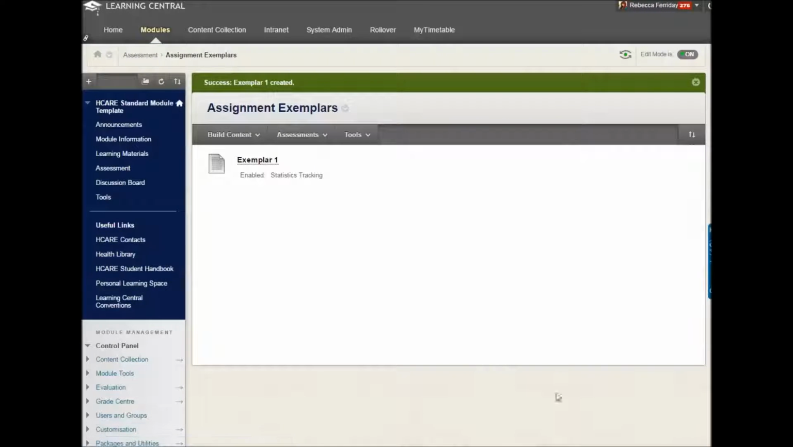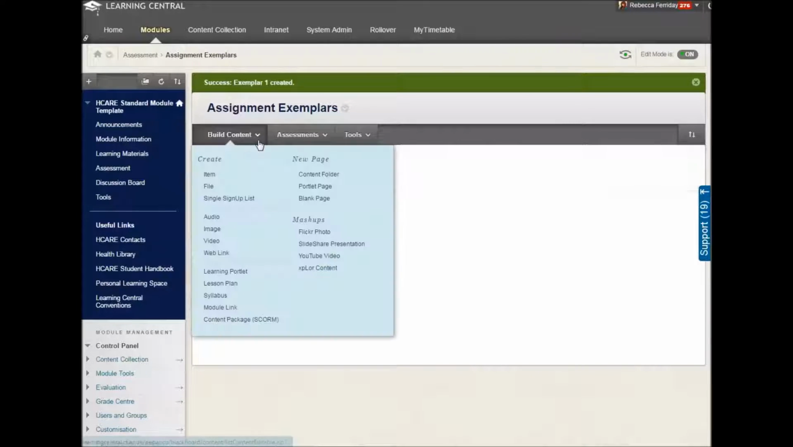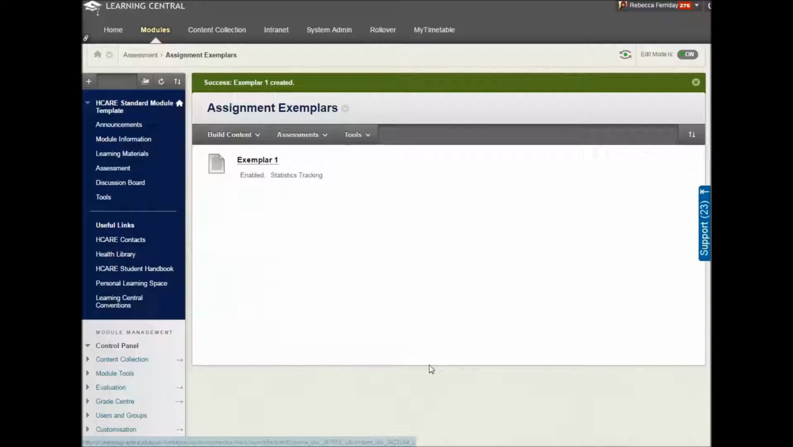And when the internet finally gets around to doing something, there you go, we've got Exemplar 1. And you just repeat this process by going to Build Content, then going to File, as many times as you feel you need to. Okay, so let's go back to